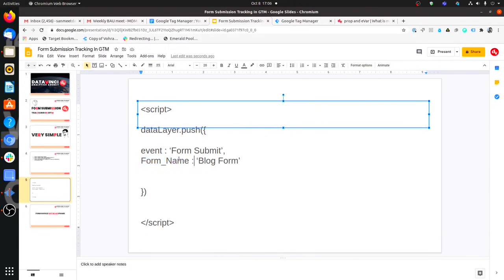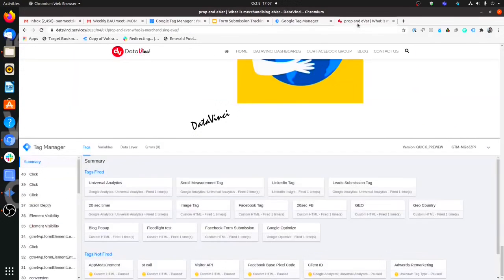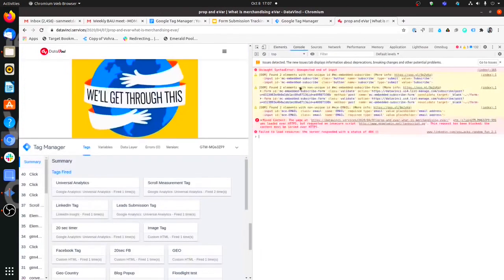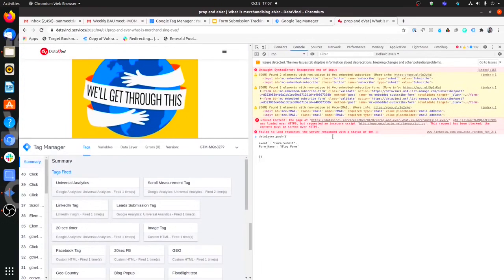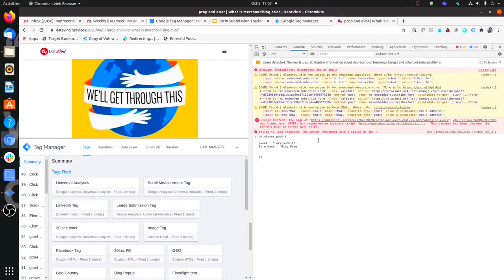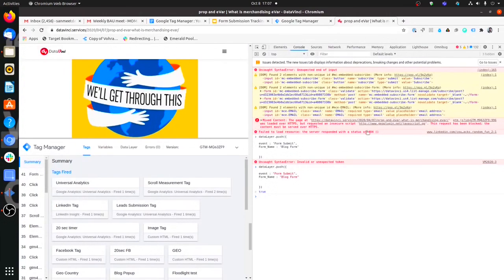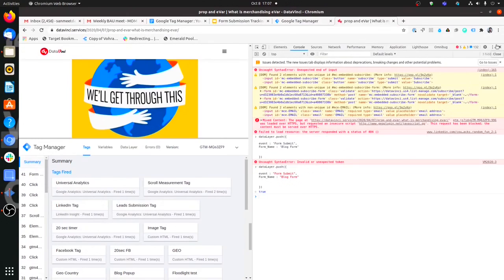Okay, now the beauty is that we can test this right now as well without actually passing this in the form and asking the developer. So I can just copy this code. All right, so I'll just copy this code, go to the site and go to my developer console. Okay, and just paste this code. Now what you will see is that okay, now here, as you can notice, when I typed this code,